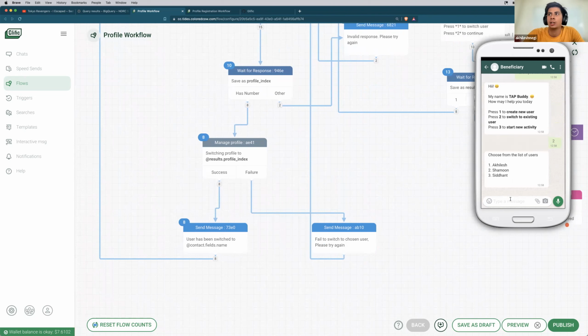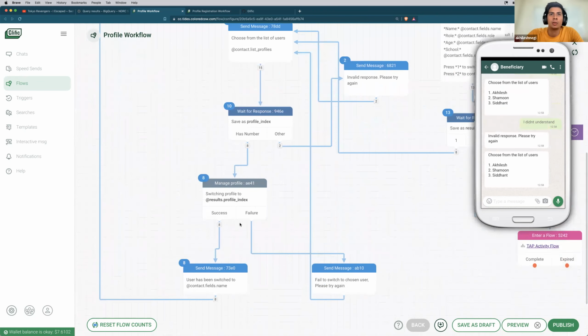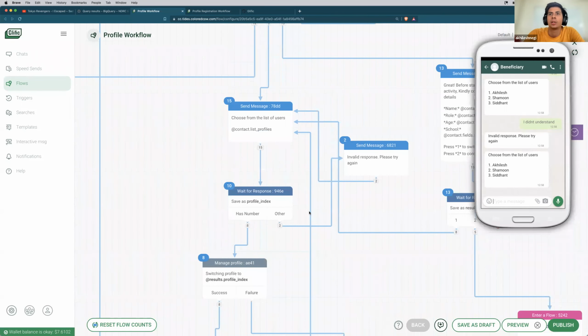and somehow they didn't understand. They send the message, I didn't understand. So in this case, it will go to the failure and send fail to switch the invalid. Okay, here it will send to another node, invalid response, and it will send please try again. And this message can be customized by an organization, what they want to do when the user does not send a